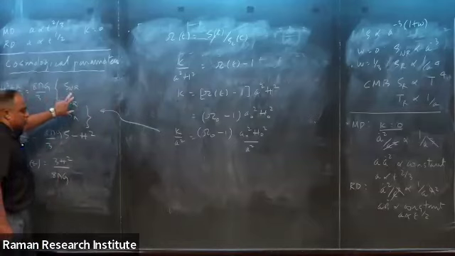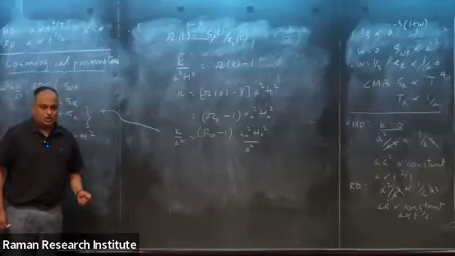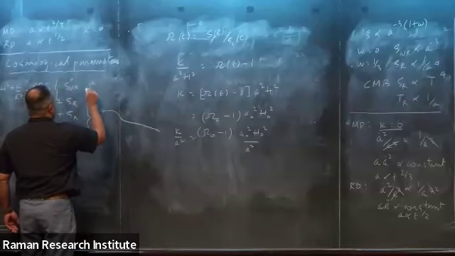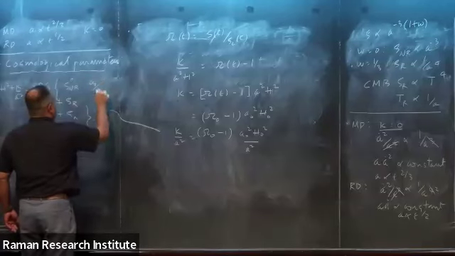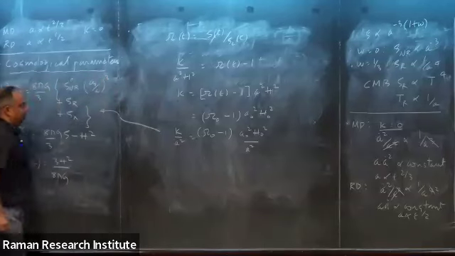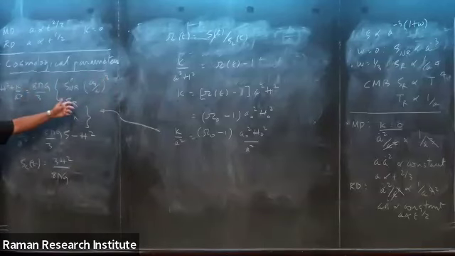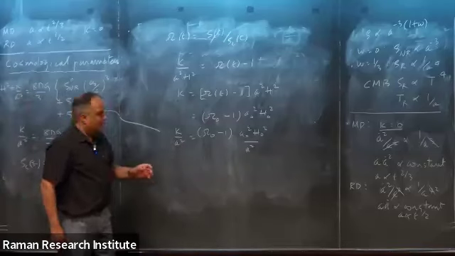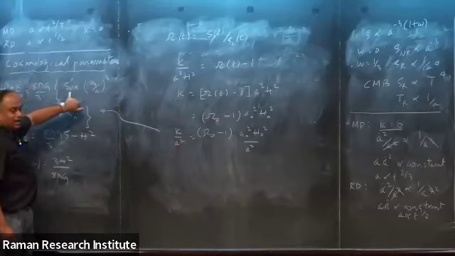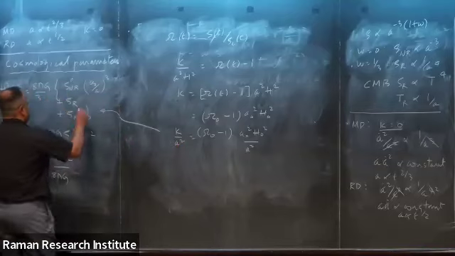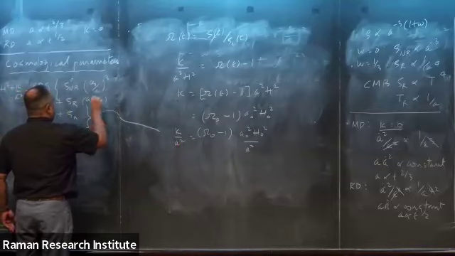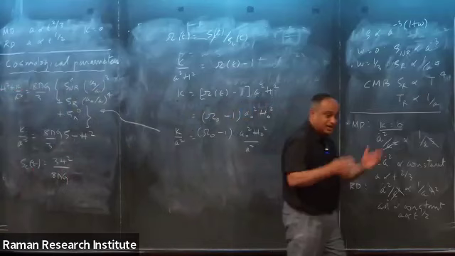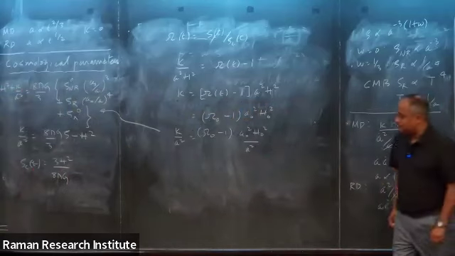Recall how does rho nr behave? Rho nr goes as 1 over a cube. So I can write this as rho nr a naught by a cube. Is this clear? What I've done? Because rho nr, non-relativistic matter, goes as 1 over a cube, and at a equal to a naught, it is rho nr. I've just included that. And here it is a naught by a power 4. And this is just rho lambda naught because it doesn't change with time. That's all there is to it.